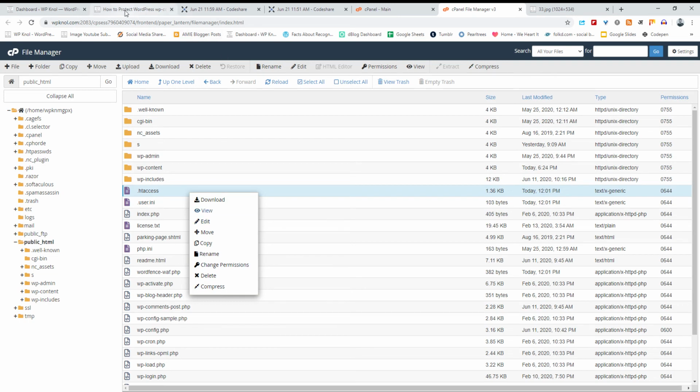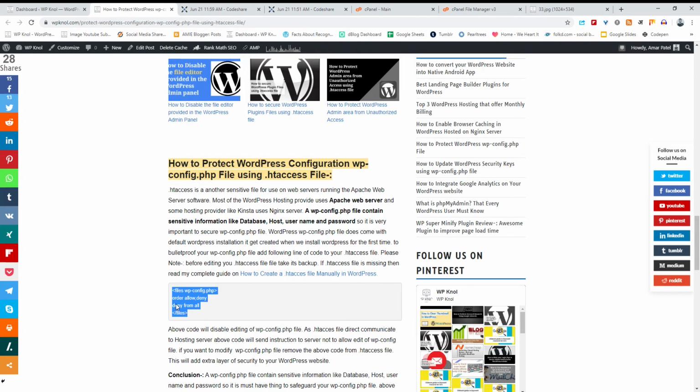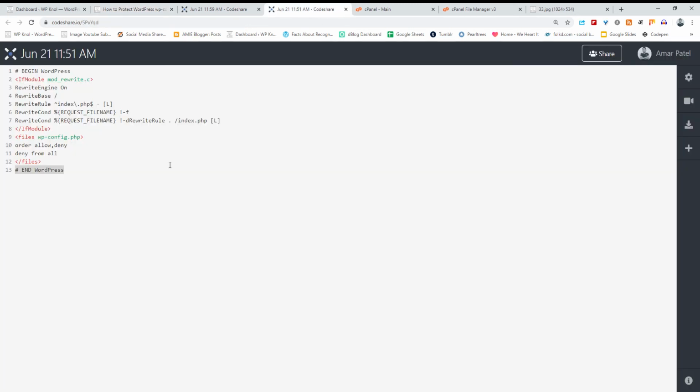What will happen with this code is that it will stop editing of your wp-config file, because we have put this code in our .htaccess file, and the .htaccess file directly communicates with the hosting server. So the .htaccess file gives instructions to the server that the wp-config file is locked and nobody can edit it.